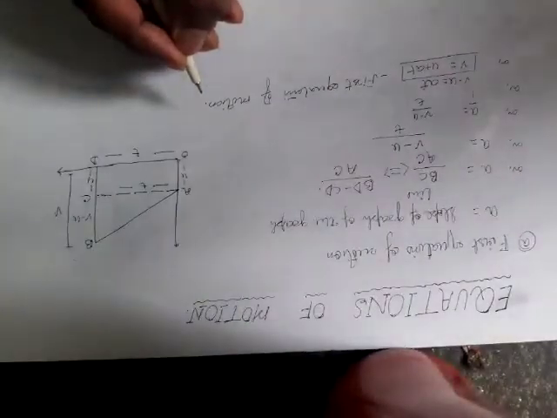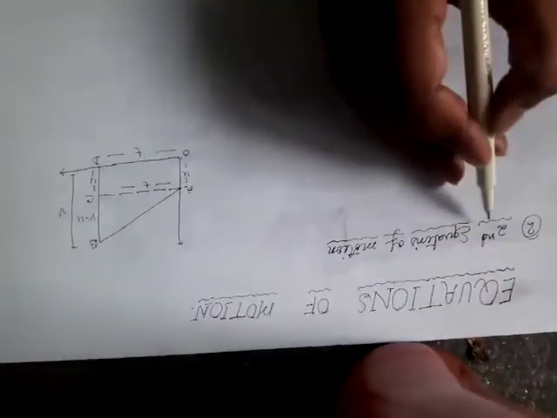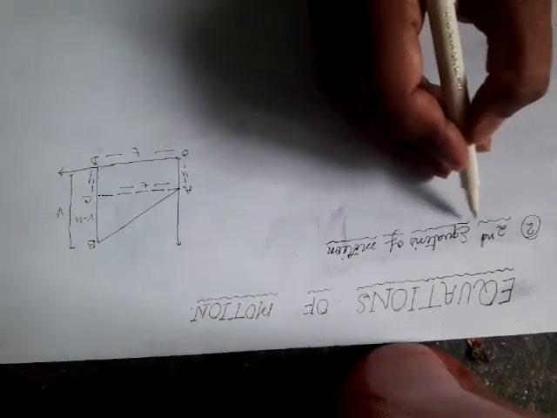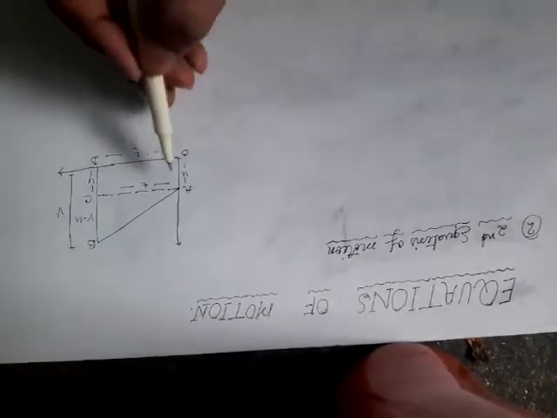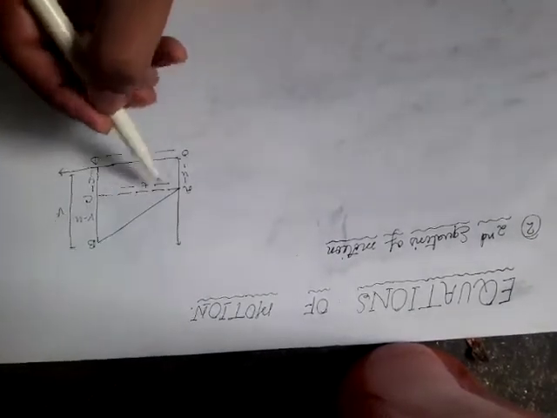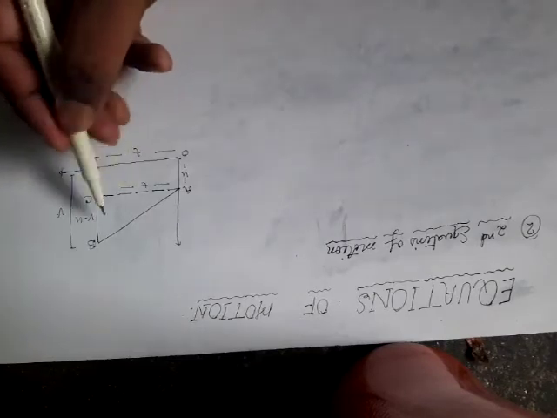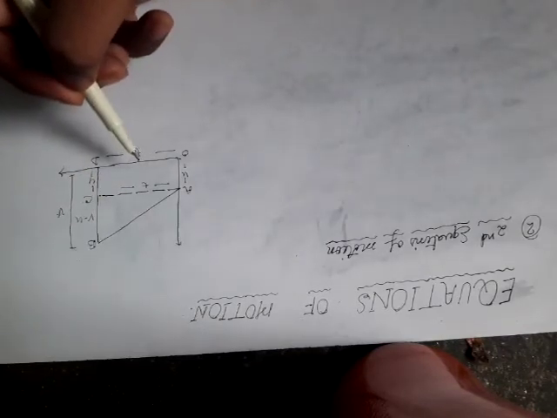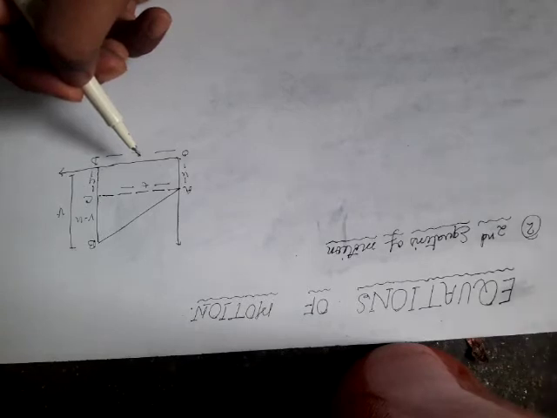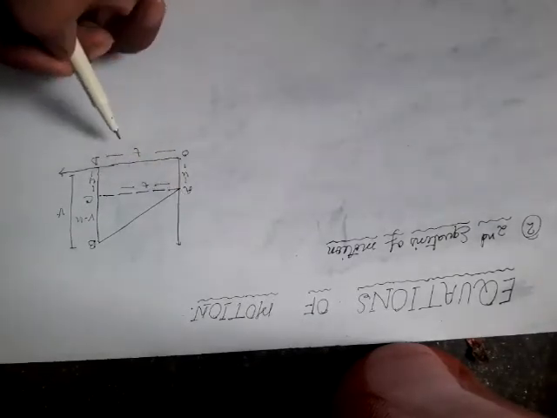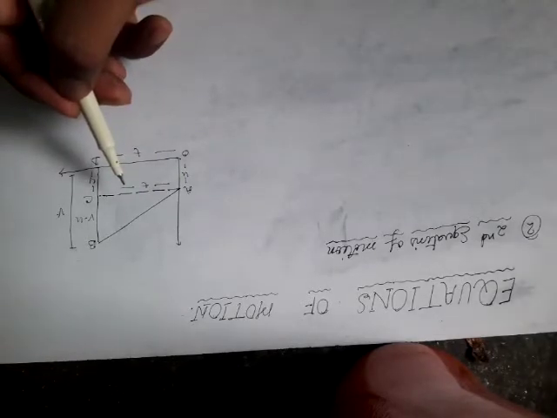Okay, now we are going to discuss the second equation of motion. How will we be able to determine it? We know that from the velocity time graph, the area under the graph always gives the displacement. One thing we have to know is that the area under the velocity time graph always gives the displacement. So in order to derive the second equation of motion, we will write